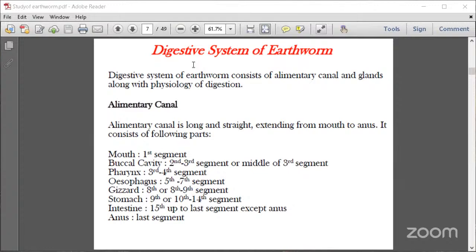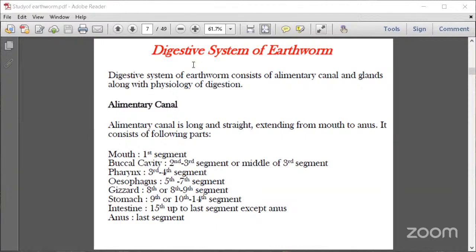That's what it is: it belongs to phylum Annelida, because earthworms belong to segmented worms. That's why we consider this under the phylum Annelida, and it belongs to the class Clitellata, a group of segmented worms with a clitellum,